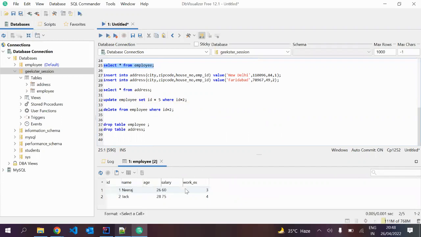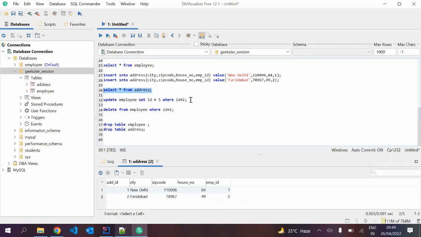observe the difference. Here we have one employee called Jack whose employee ID is 2. Now I want to update this particular employee ID to 5. Let's say 5. दो को मैं 5 बनाना चाहता हूँ, employee ID अपडेट करना चाहता हूँ. But the problem was in the address table also I was having an employee ID as 2. So basically for that particular employee called Jack who was having the employee ID as 2, in the address table also this employee ID should have been updated as 5. ठीक है. तो ये अपडेट नहीं हो पा रहा था अपने आप से, तो इसीलिए वो फेलियर दिखा रहा था